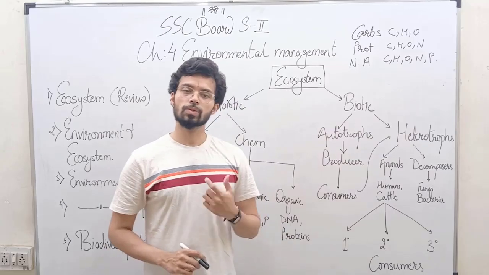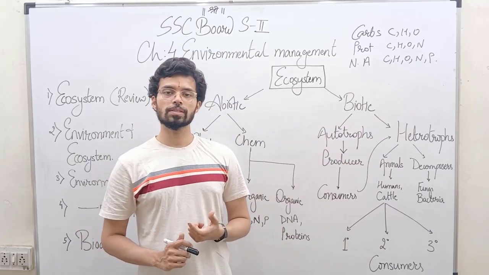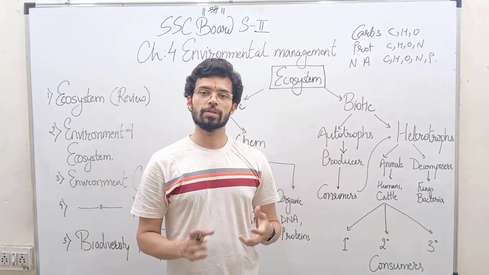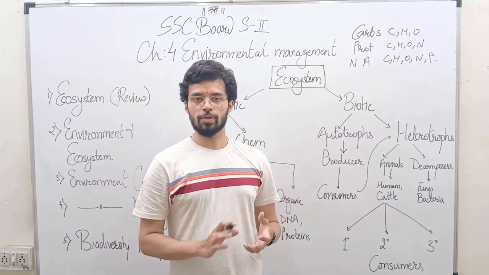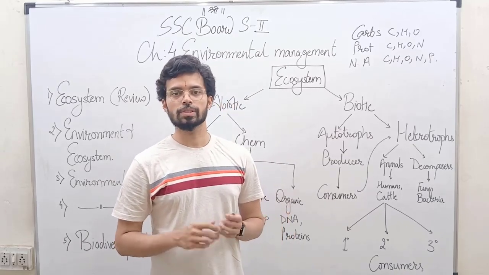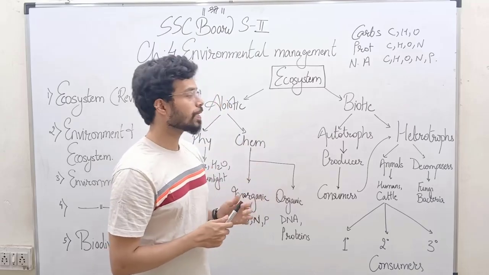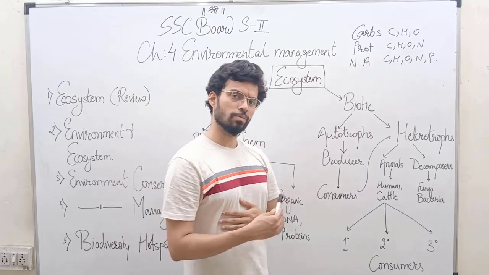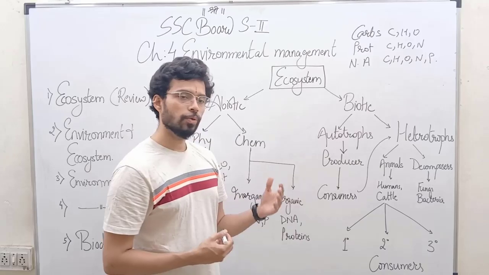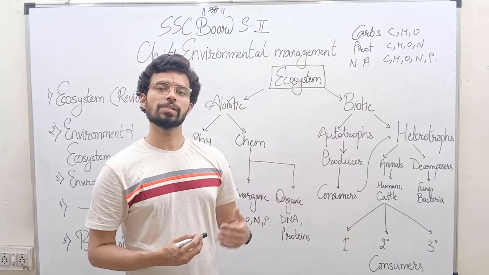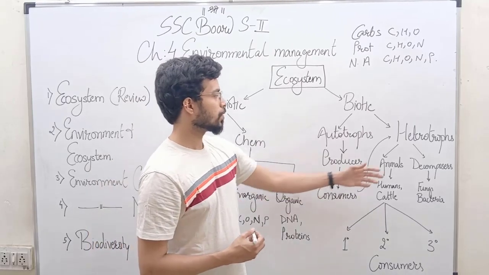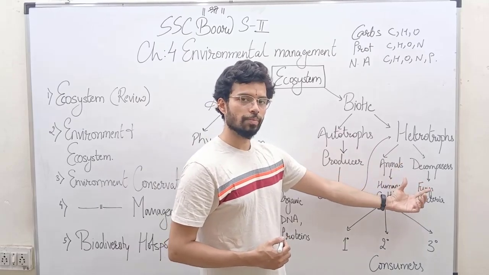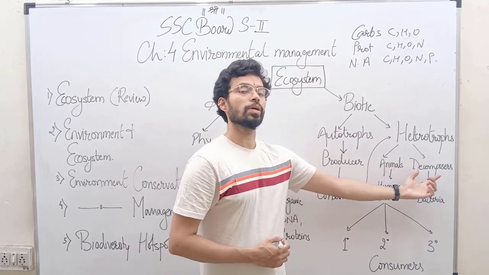It is we humans. Do you think we synthesize our own food like plants, from inorganic components, water and carbon dioxide and some sunlight? No, right? We are not able to photosynthesize and make our own food. So we are termed as heterotrophs. We and most other animals present. Almost all of the higher forms of animals are heterotrophic in nature. So in heterotrophs, you have again two subtypes. You have animals and you have decomposers.